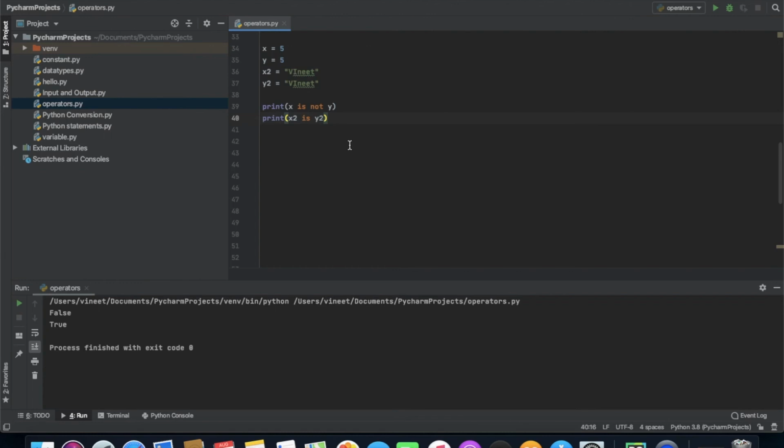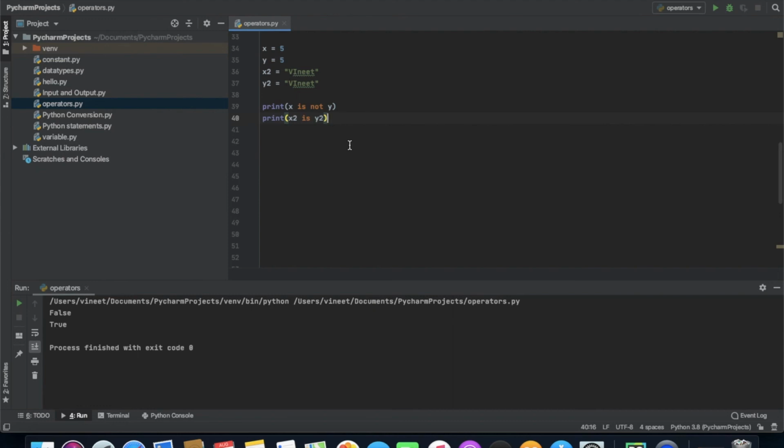And now we will be looking at membership operators. in and not in are the membership operators in Python 3. They are used to test whether a value or variable is found in a sequence or not. The sequence will be a string, list, tuple, set, or dictionary. In a dictionary, we can only test for the key, not the value. We can't apply membership operators on values in a dictionary, we can apply them on keys. The in operator means true if the value is found in the sequence, and not in means true if the value is not found in the sequence.